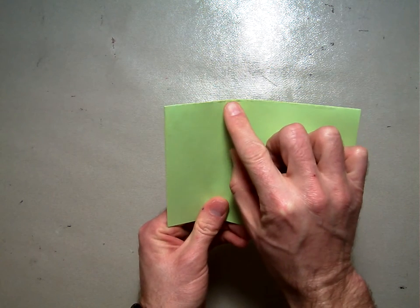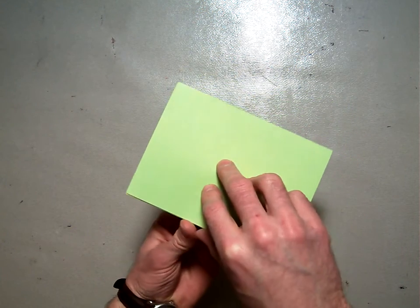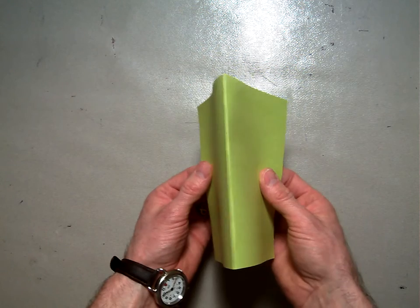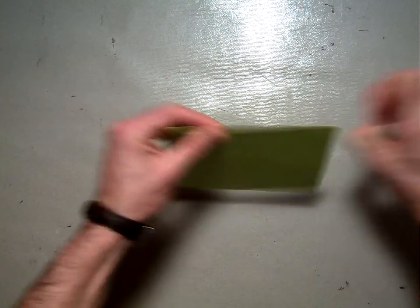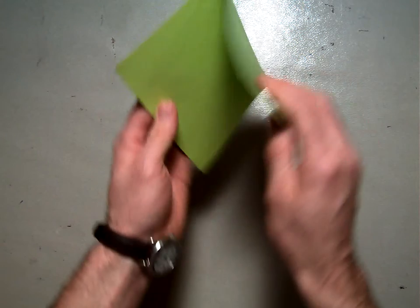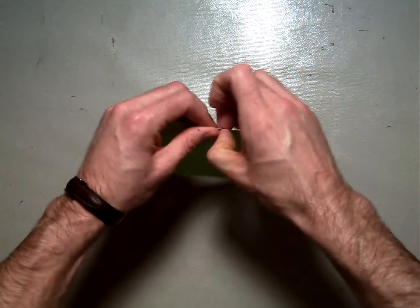You can almost see how the paper has been kind of abraded or ripped here a little bit almost. I'm going to open the paper up, and you can see that crease right there. And I'm going to reverse the crease this way. So I'm bending the paper back. Then I'm going to crease it again. Crease, crease. Then I'm going to fold it backwards again. So I have folded it backwards 3 times. How many times? Right, 3 times. And I crease it again,